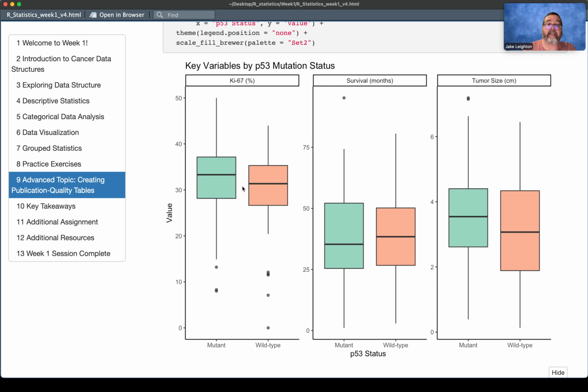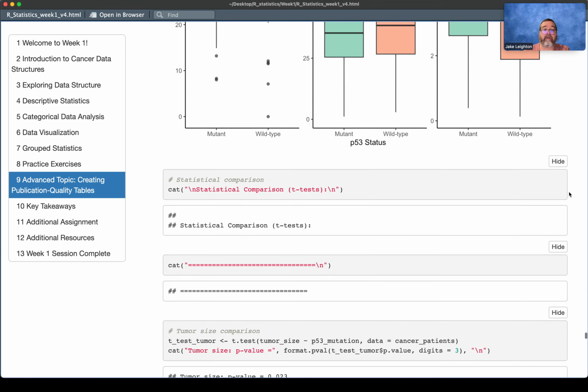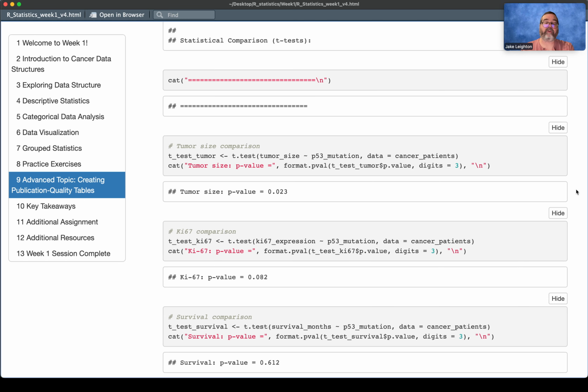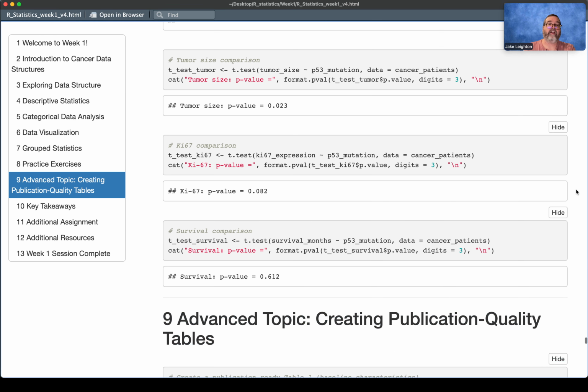So then we see, Ki67 is higher in mutant, p53 is lower in the mutant, things like that. It's knocked out or whatever, and that gives a bigger tumor size. Kind of makes sense, right? We don't really know the p-values right now, if they are significant, and there are some outliers we've seen and plotted there. So next lesson, we'll be doing t-tests, but just to give you kind of a quick tease for that,